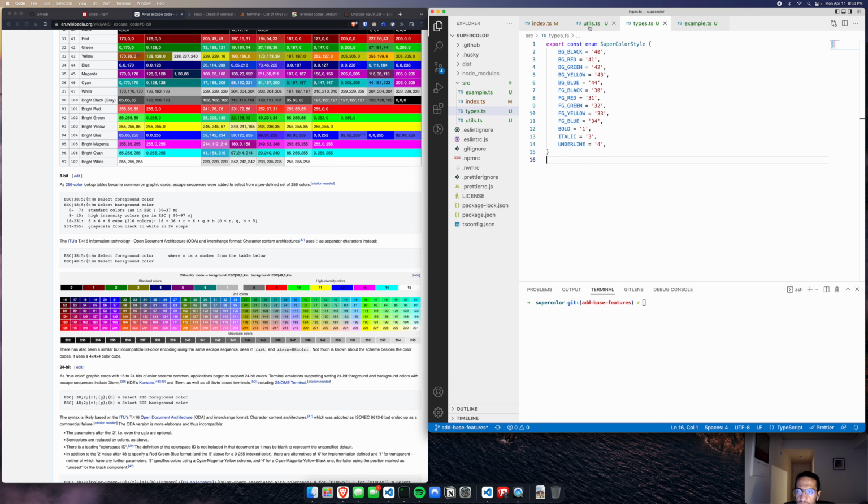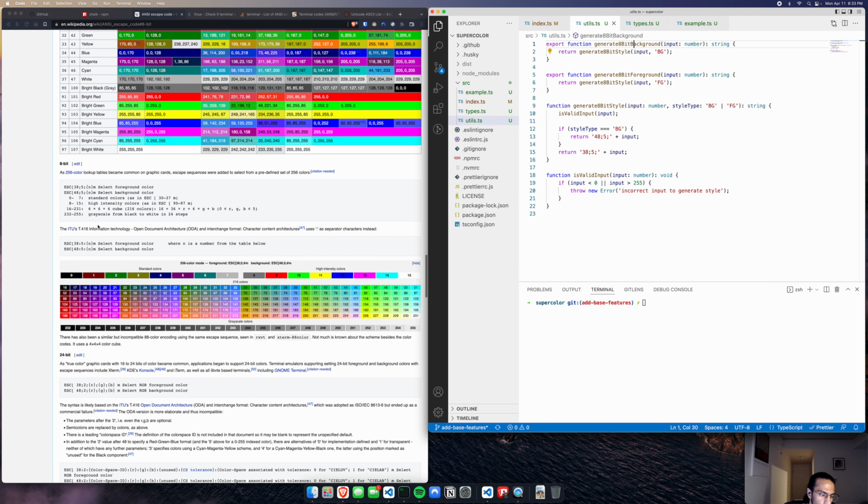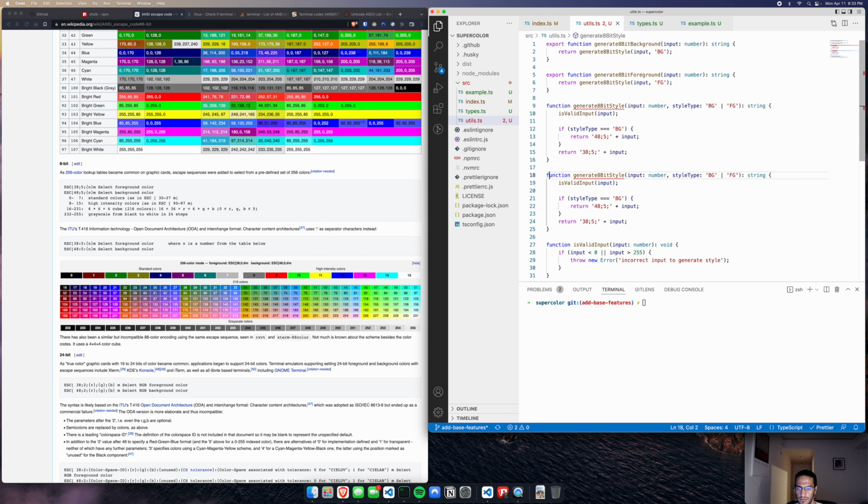Now, what else? Okay, so moving on to 24-bit. What the 24-bit color space allows us to do is specify a red, green, and a blue value in the RGB color space. So how would we go about doing that? Just like we had generate 8-bit style, let's say we have generate 24-bit style,